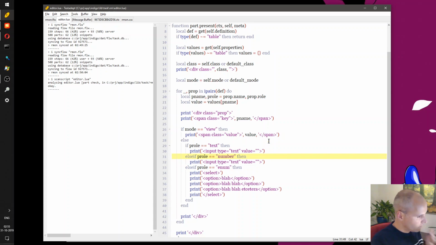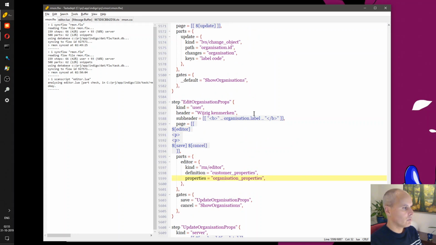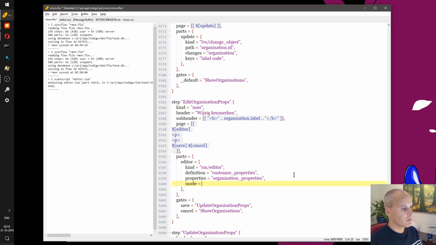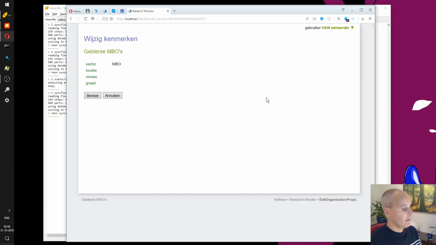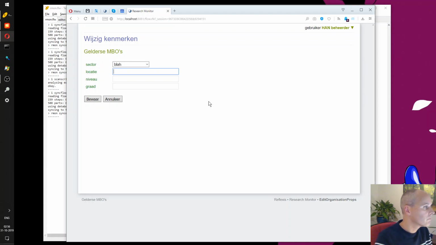Now we want to see what this does. And obviously, as I've just introduced this mode property, we also need to make sure that we set this mode property in our flow. So here I'm saying, okay, you need to act as an editor or edit mode, whatever. So I'm synchronizing the flow and refreshing the page. Wow, okay. That didn't hurt. This is actually quite nice